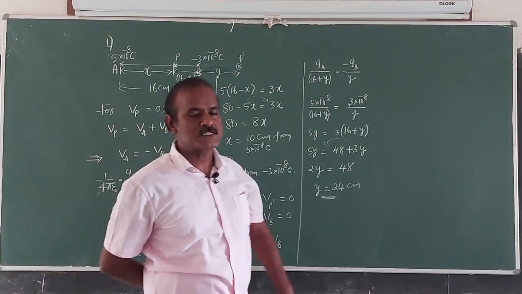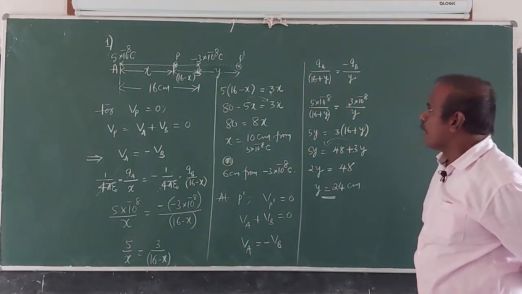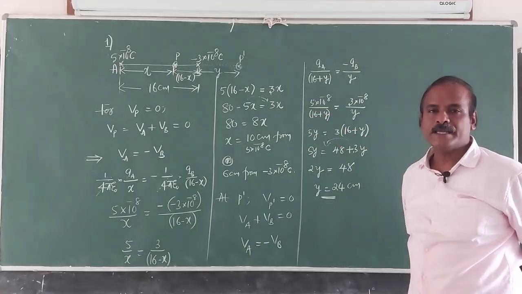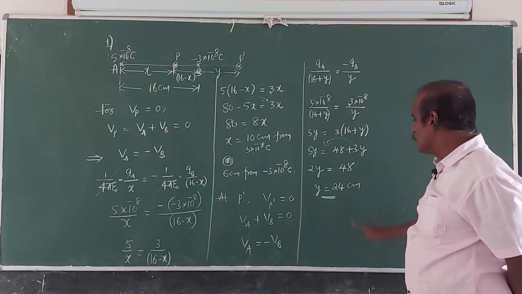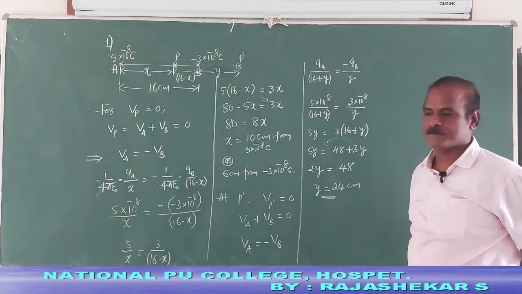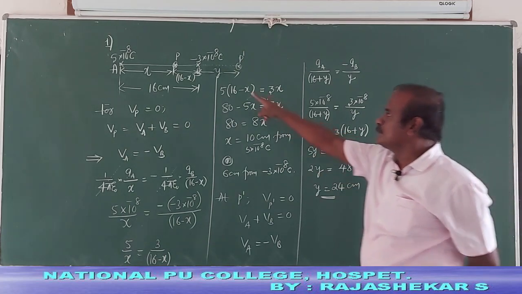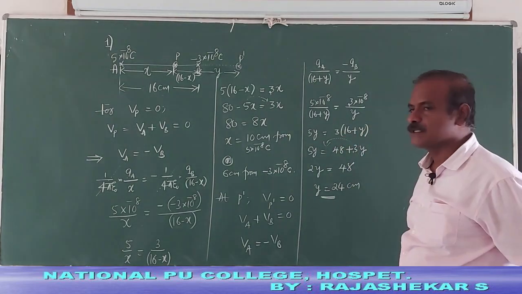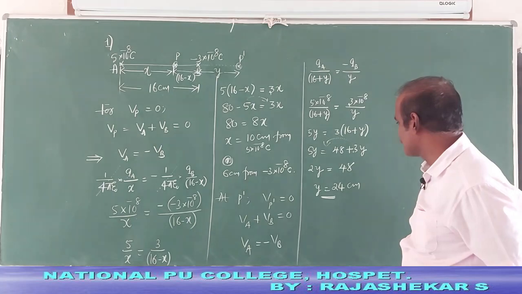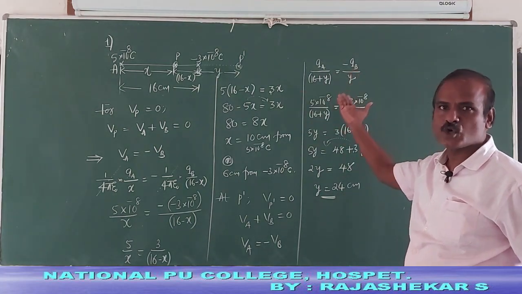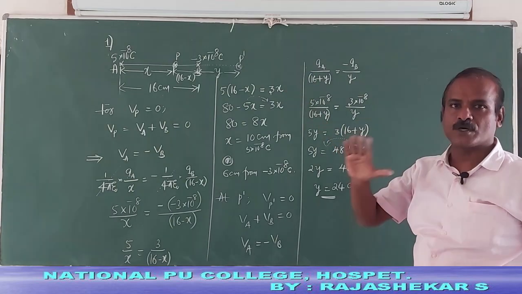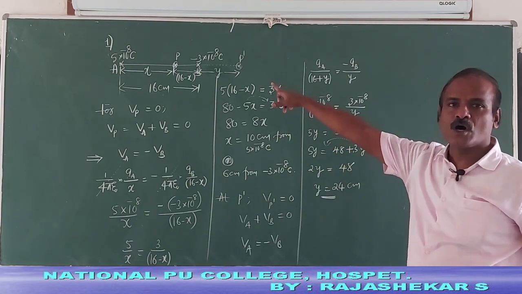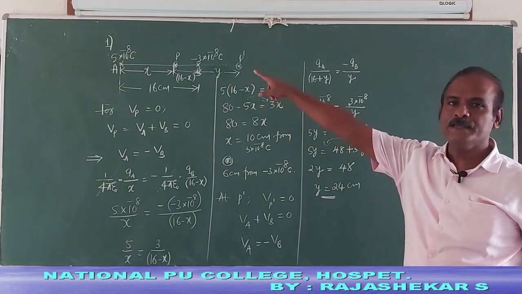From where? From the smaller charge. How about P dash from point A? You have to add 16 plus 24. It would be 40 centimeter from A or 24 centimeter from charge B. So these are two positions where potential due to the given two charges is 0. So what is the second position? On the other side of the line joining, but nearer to the small charge. So 24 centimeter from the charge B or 40 centimeter from charge A.